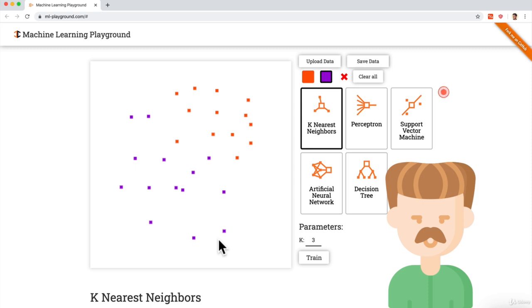Okay, let's think about this. So he has disliked a lot of videos that have lower likes from others, and videos that seem to be shorter in length. And he has liked a lot of videos that have really good likes, but tend to be longer in length. So if I click train here, and we can ignore all these little buttons and the parameters,